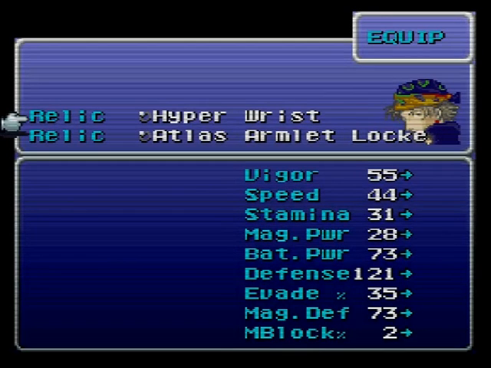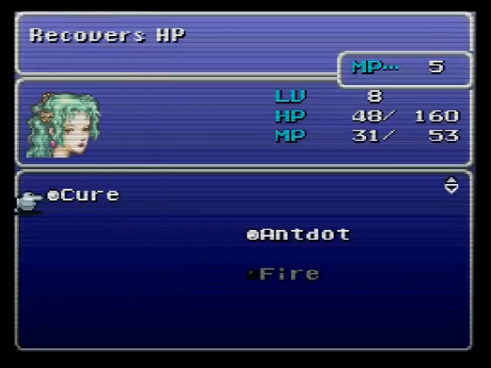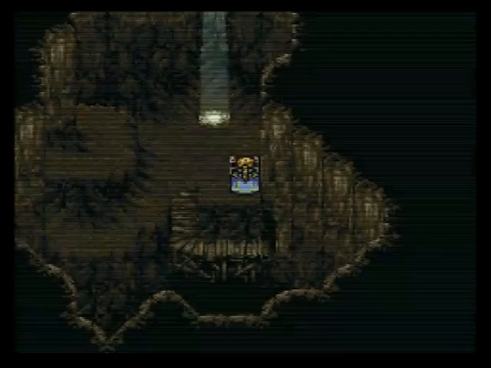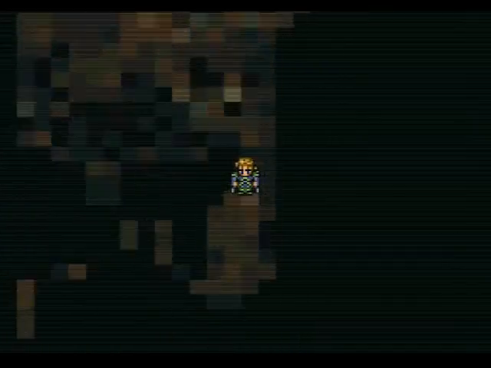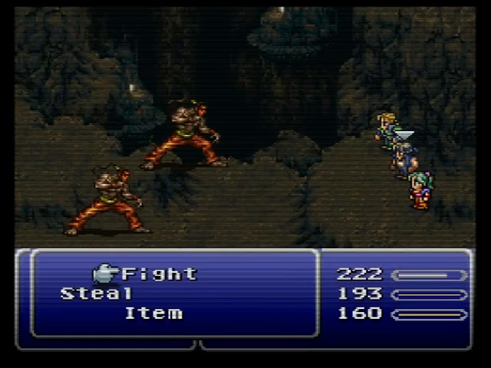Just gonna pile up the attack stuff. Hyper Wrist raises a character's vigor by 50%, so they're good. And Atlas Armlet increases your physical attack damage by 1/8. If you have 2 of them on, it's up by 1/4. So between those 2 things, Locke will actually have a pretty strong physical attack here. I don't really steal from too many of the enemies, so...